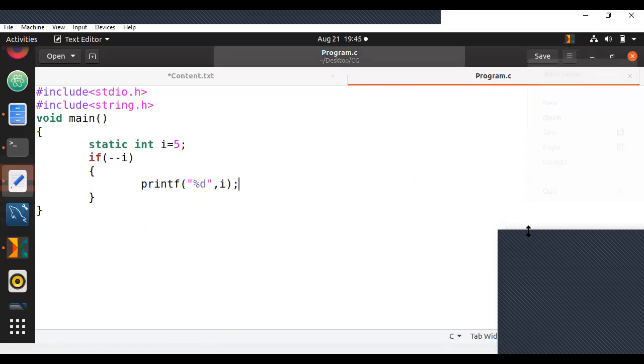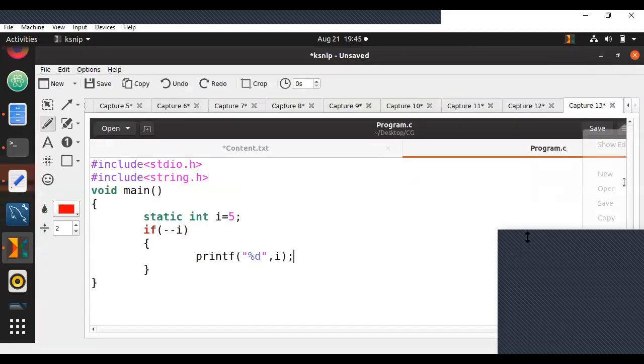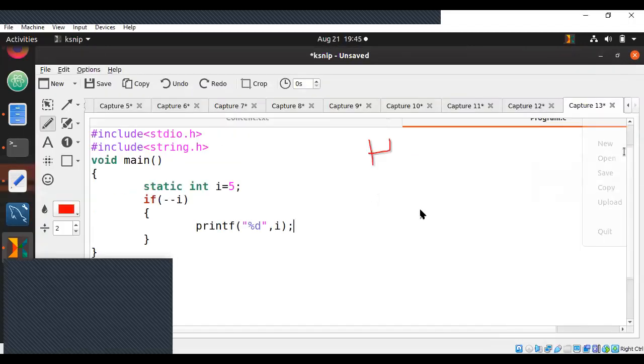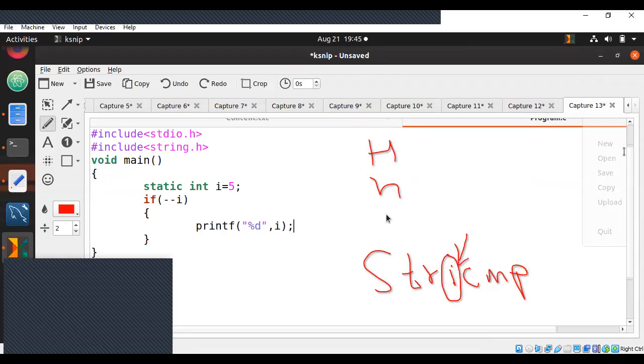So in the previous example, you have uppercase H and small h. But remember, we are comparing with stricmp, not just strcmp. I will make sure that it is ignoring case.